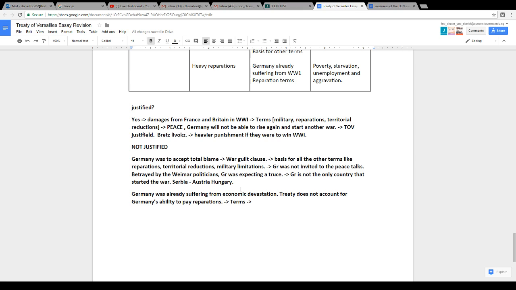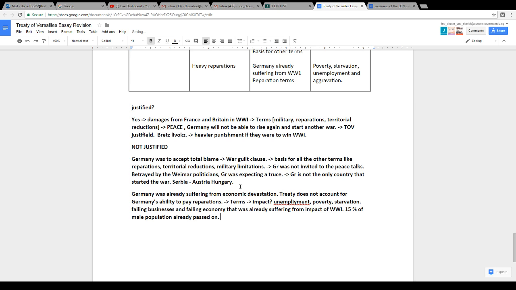269 billion Reichsmark reparations. And what's the impact of these reparations? Right, so for the people, you have unemployment, poverty, starvation, right? For the businesses, you have failing businesses and a failing economy. Okay, that was already suffering from the impact of World War I, in which 15% of the male population already passed on.